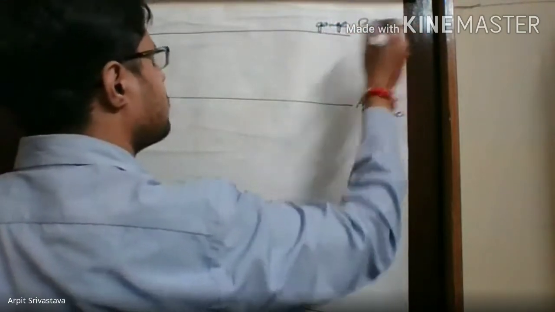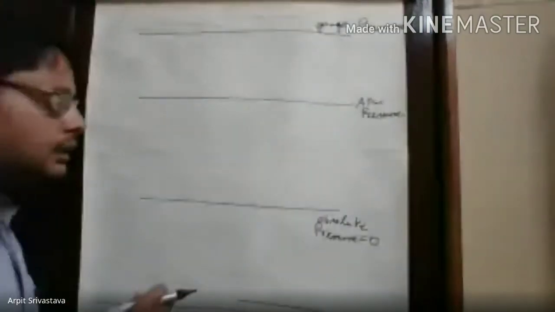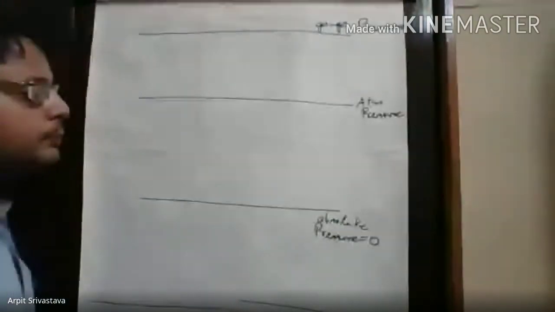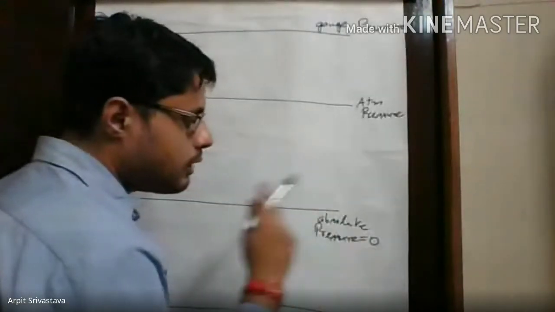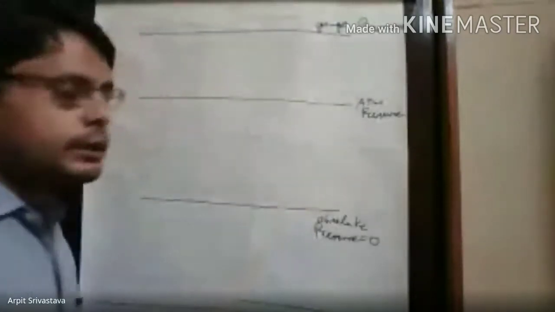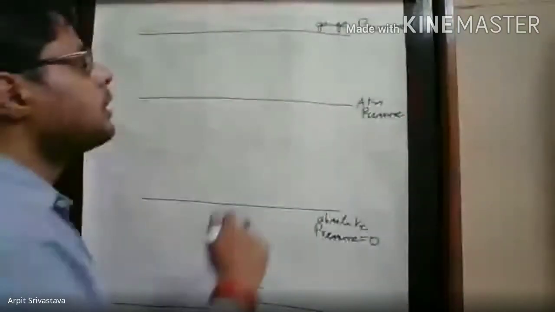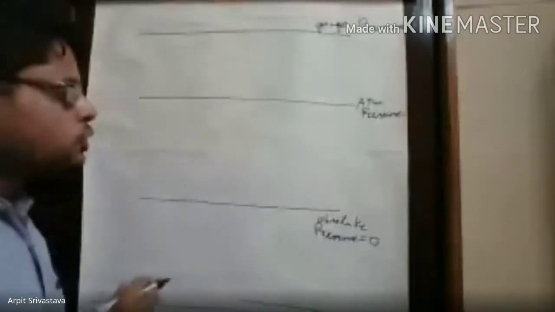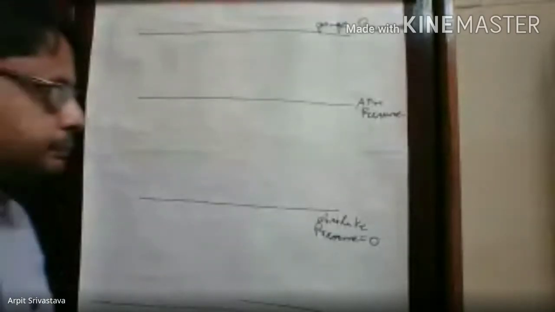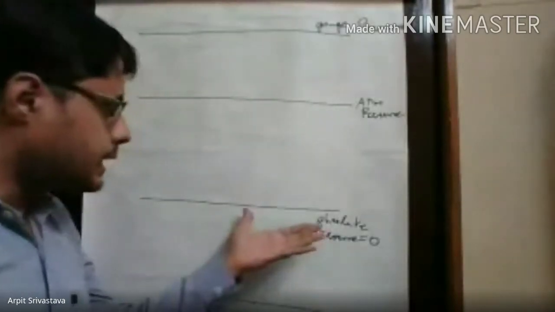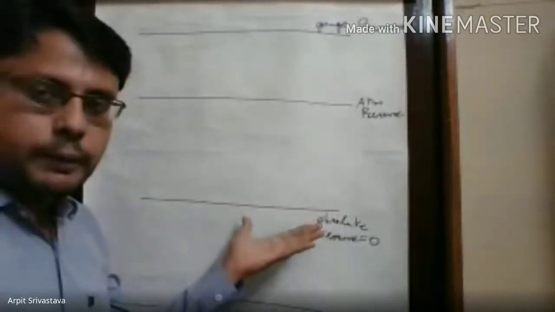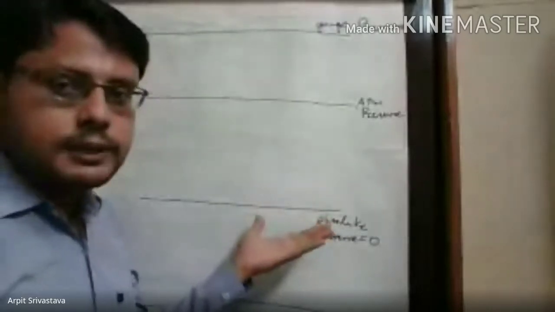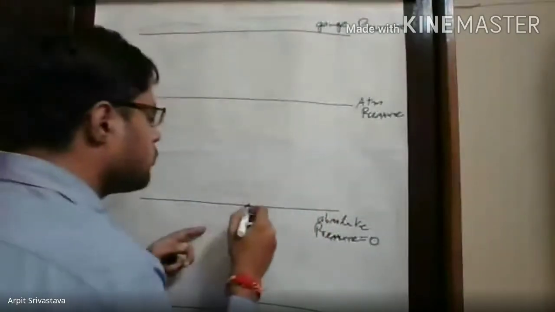So here we can clearly see there are three types of lines. The first line represents absolute pressure value 0, the second line represents atmospheric pressure, and the third line shows gauge pressure. If we assume the absolute pressure 0 line as a reference line, so whatever